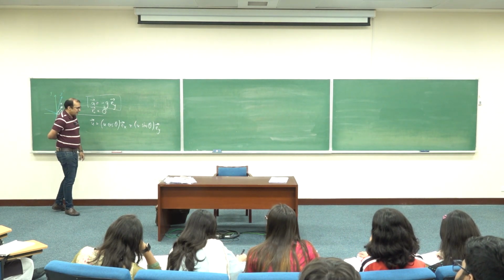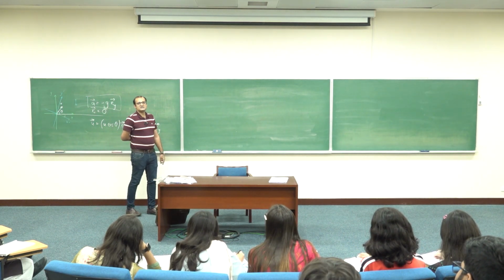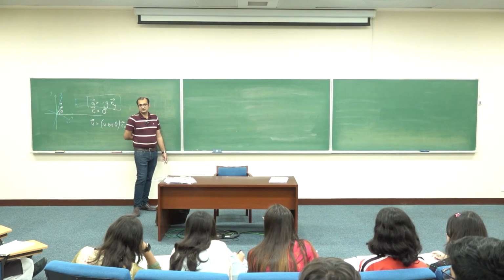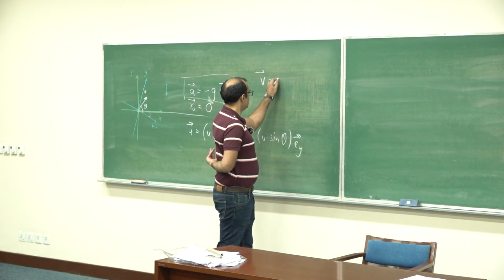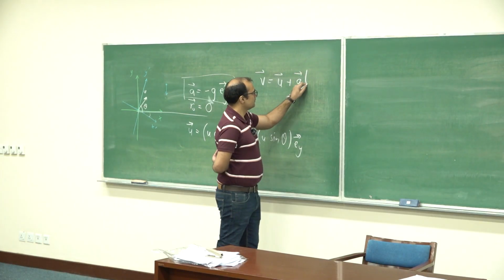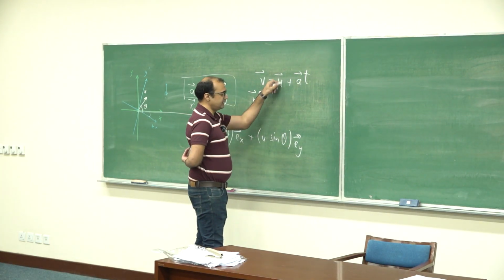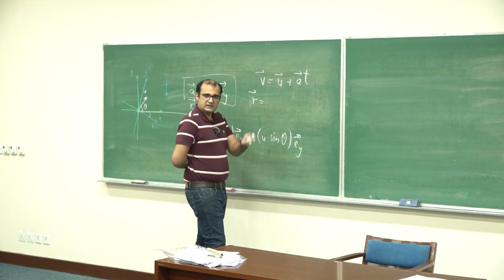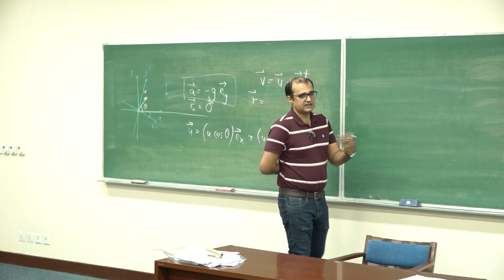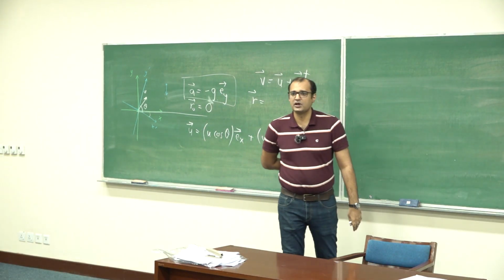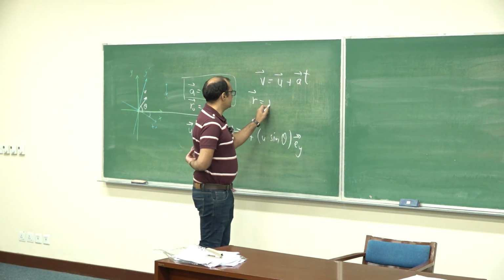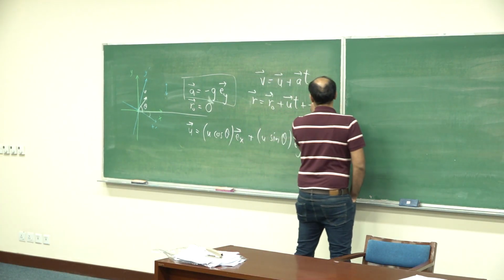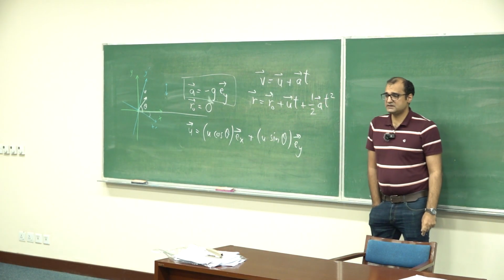So if you have a constant vector, then that's a particularly simple case of finding the velocity vector and the position vector given the acceleration vector. So you have, for example, v is equal to u plus at. You also have r. If you integrate this, where does this come from? You integrate the acceleration vector. And because the acceleration vector is constant, that's a very straightforward problem. The acceleration vector pops outside the integral, and that's what you're left with. So this is equal to the initial position vector plus ut plus half at square. Again, make sure that you know how to derive this if need be.